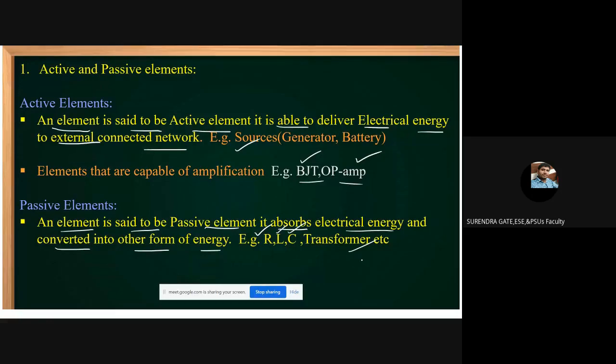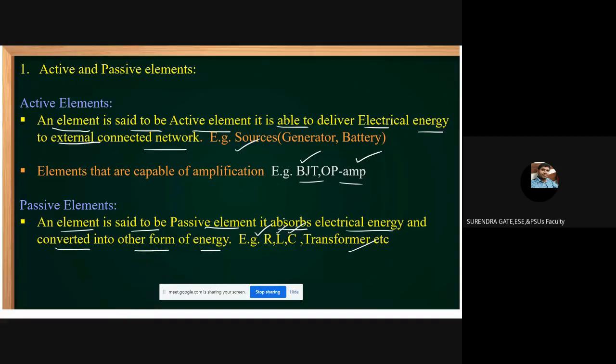But sir, is a transformer an energy conversion device? No. Externally it is not energy conversion, but internally it is. For a transformer, what input are you giving? Electrical input. What output are we getting? Electrical output. Input is electrical, output is electrical. Where is the energy conversion, sir? Internally, whenever electrical energy is given, it is converted into magnetic form, and that magnetic energy is again converted into electric.